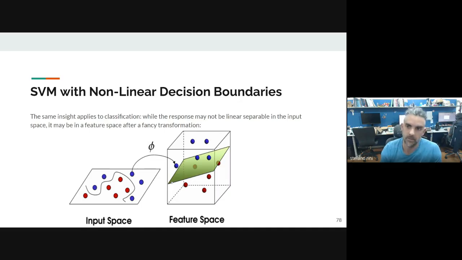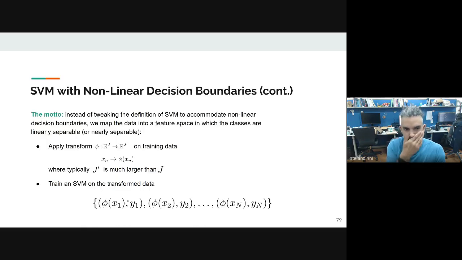If you want to make your problem simpler, either you consider the algorithm to be more complicated, or you augment the data input size, and you hope that a simpler algorithm on a higher dimension will do better than a complex algorithm at a lower dimension. Right? That's always a trade-off in life. Okay, it pays to stay in lower dimension. Yeah. Okay, very good.